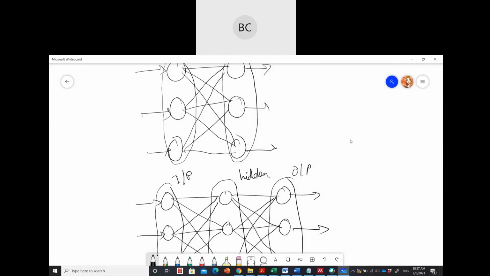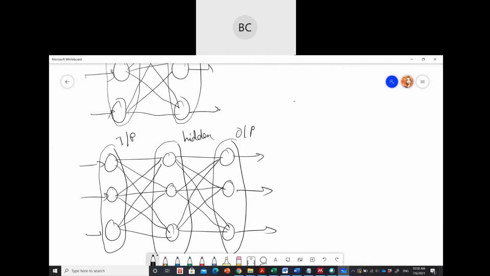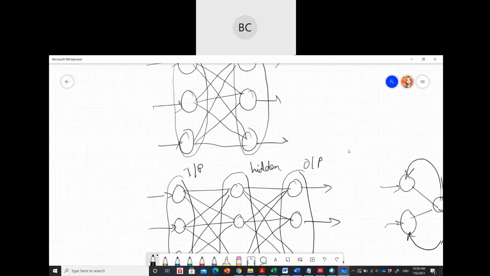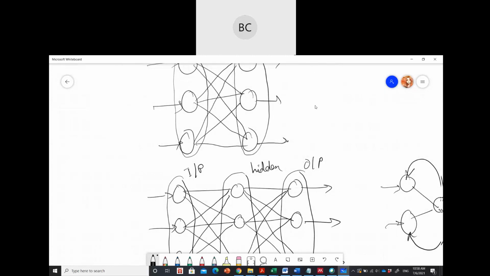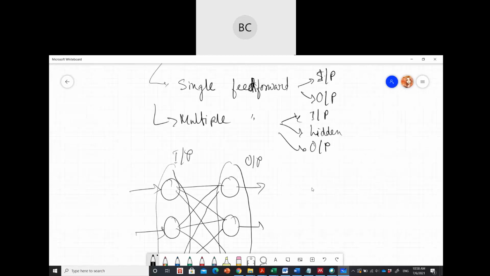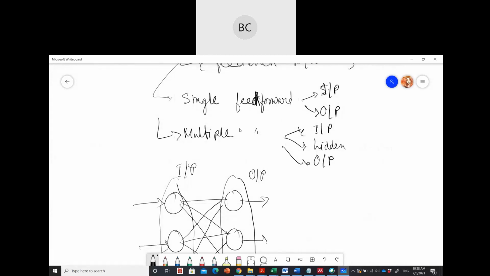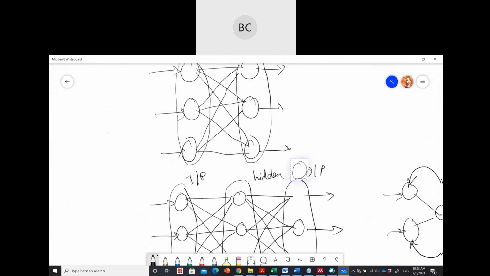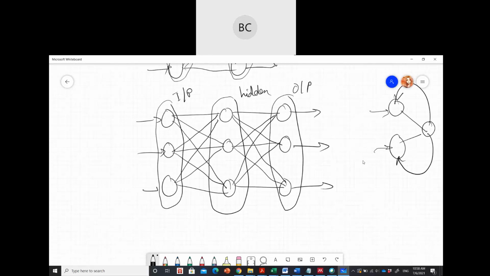These are feed forward. When you have a feedback network, it looks something like this. Suppose there are two, then it will again have feedback to the previous neurons. These are recurrent neural networks. So topology-wise, there are only two: feed forward and feedback. And again for feed forward, we have two types, single layer and multiple layer. Got the difference?